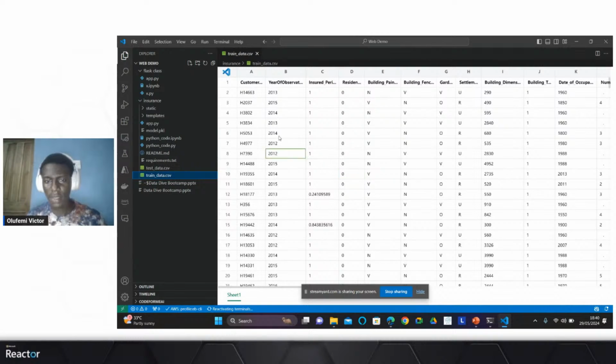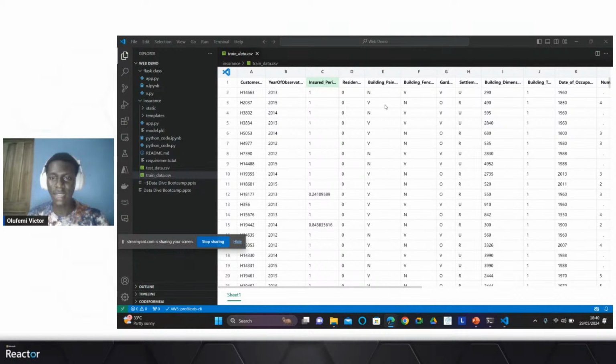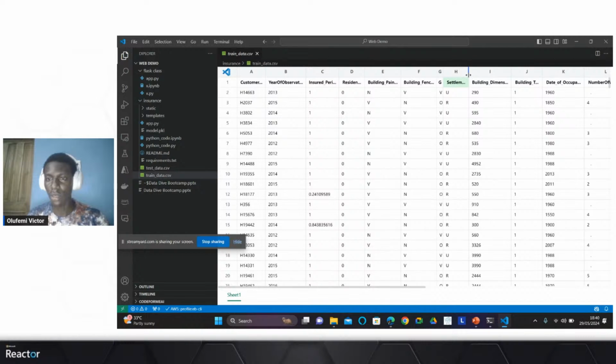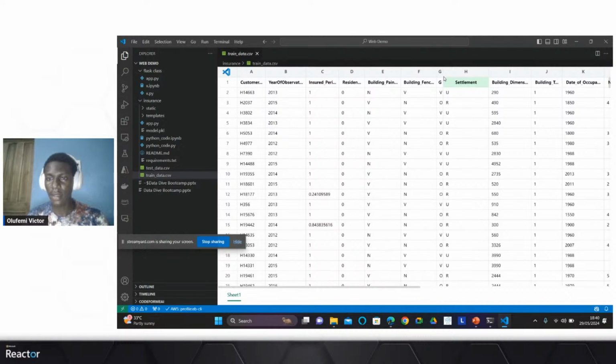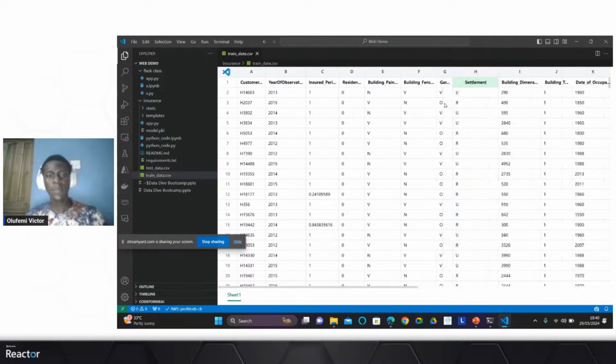So this is currently the data that I have. For people seeing it for the first time, you'd notice that you have things like building painted or not, building fenced or not, gardens, whether a house has settlement or not, and the like.